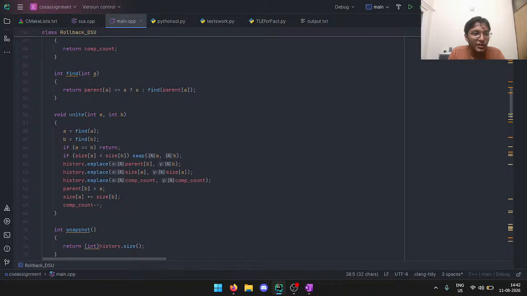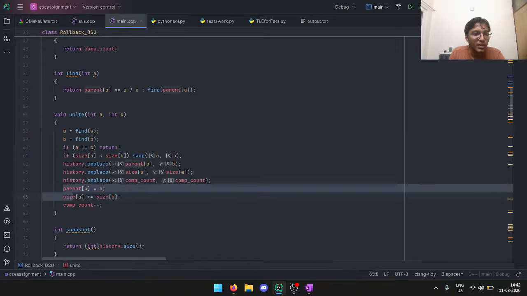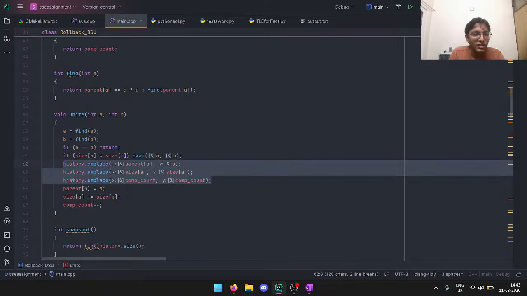So usually in Unite, when uniting two components, you have find, you get the parents, and then you update the parents and the sizes of the corresponding components. Now we add a new step in which we save what was the state of the parent, size, and component count metadata just before the query. So in history, I have saved these components,